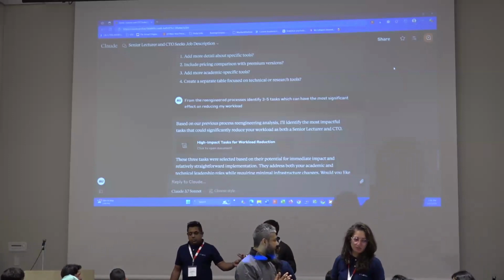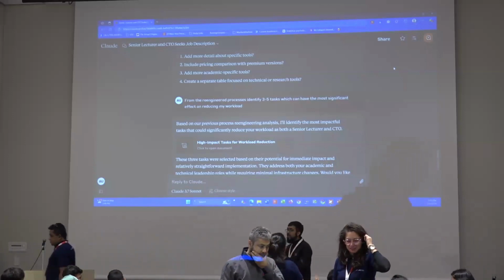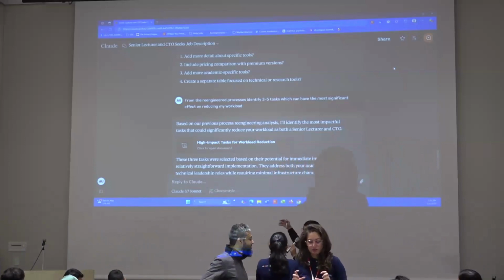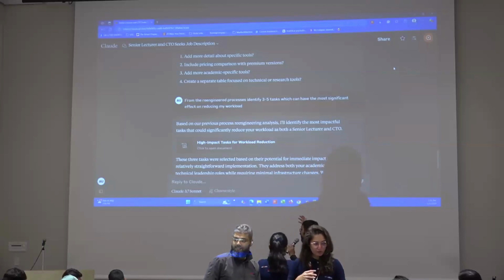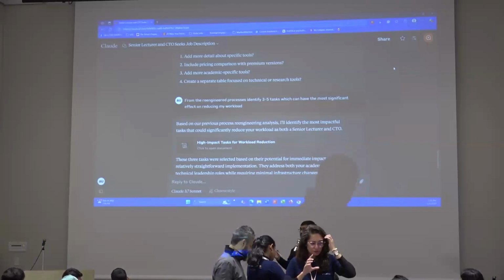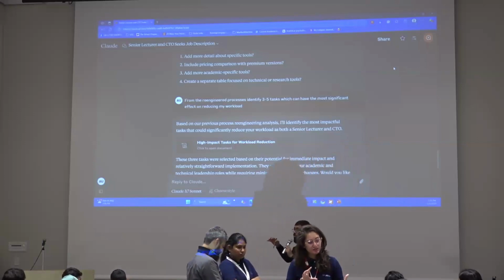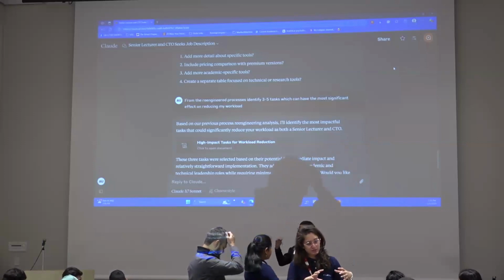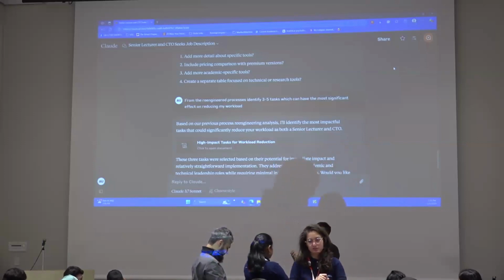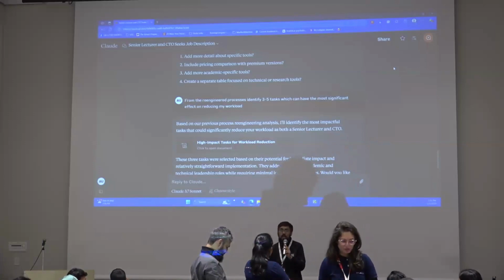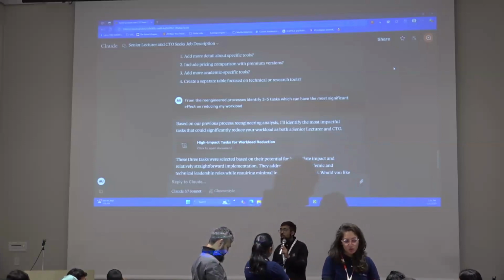Another part is, as sir was saying, you can ask it to provide 3 to 5 repetitive tasks that you can replace. But before that, as you can see, you are building the conversation block by block. So here comes the part of prompt engineering and giving more context to get the right output. At first you took the job description from ChatGPT, then you did the process mapping. But if the job description doesn't match your actual job description, then it's not going to change the repetitive tasks